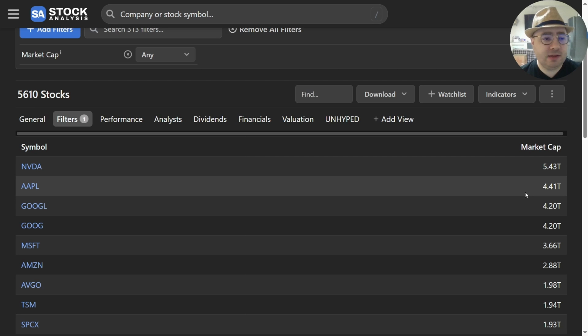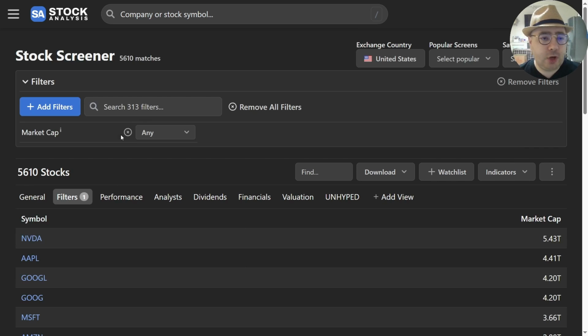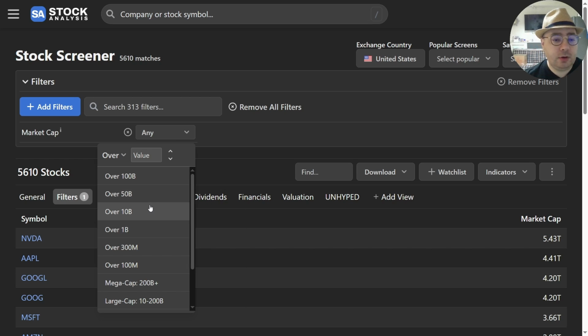5,600 stocks. Biggest one, NVIDIA, $5.4 trillion. So we added this filter, and let's just put a value on this filter. Let's say over $1 billion. Seems about right. I mean, you don't want to mess around with penny stocks or very young companies or old companies that are very low market cap because they have had a lot of time to grow and they haven't. So anything under 1 billion, I'm just going to ignore. Over $1 billion,